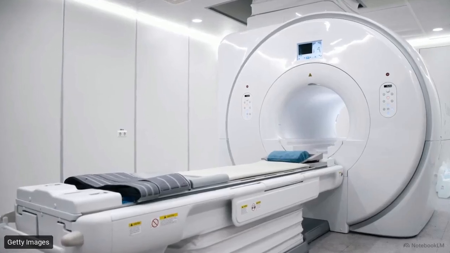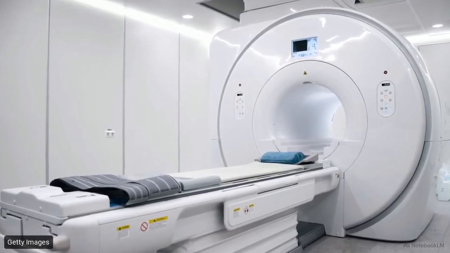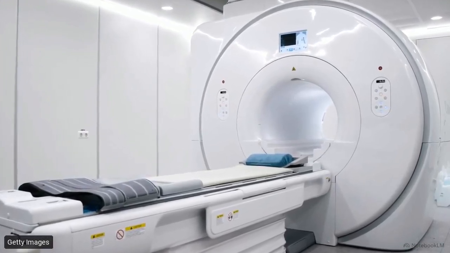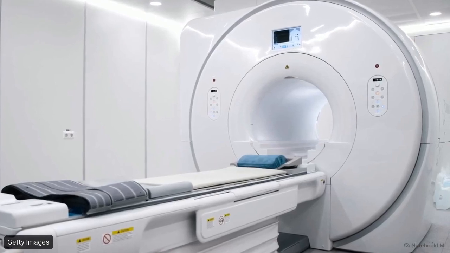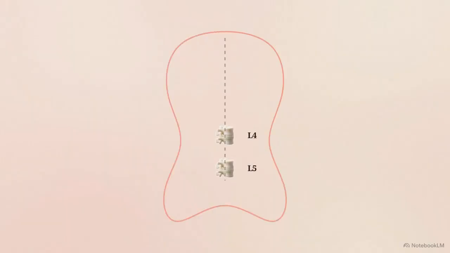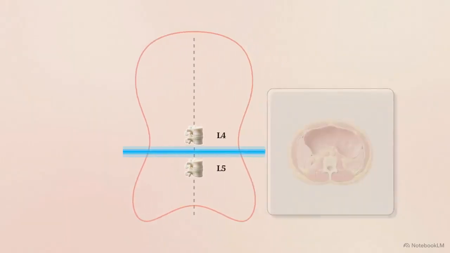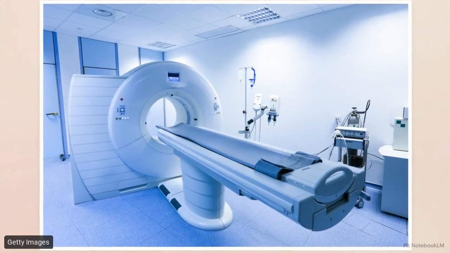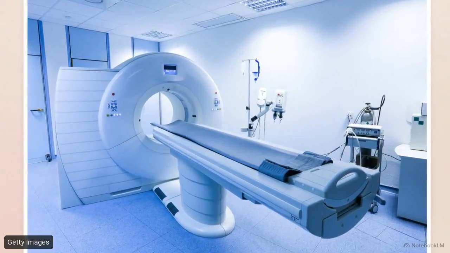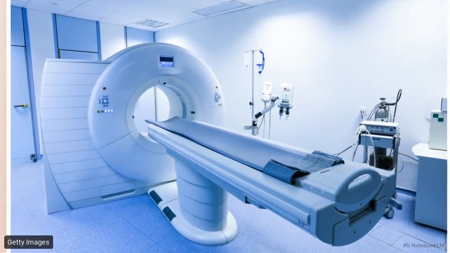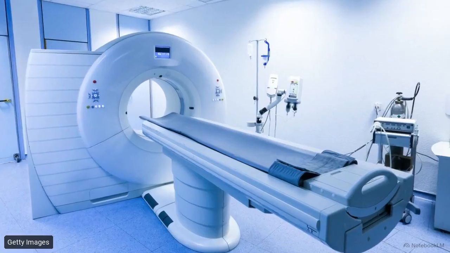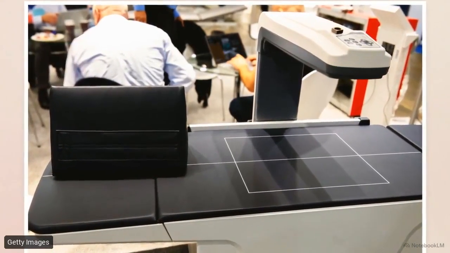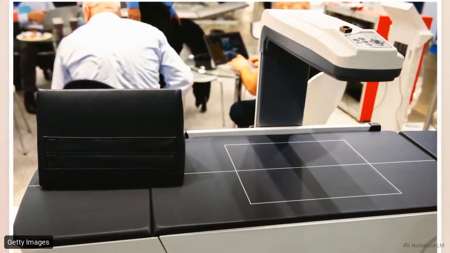Accurately quantifying this internal tissue requires advanced imaging. Computed tomography and magnetic resonance imaging provide the gold standards for seeing true internal deposition. The definitive diagnostic metric comes from measuring the specific visceral area at the L4-L5 vertebral interspace. However, routine screening with these machines is restricted by high costs and the ethical constraints regarding ionizing radiation exposure in youth. This leads clinicians to rely on dual-energy X-ray absorptiometry, or DEXA, as the common clinical alternative for measuring trunk